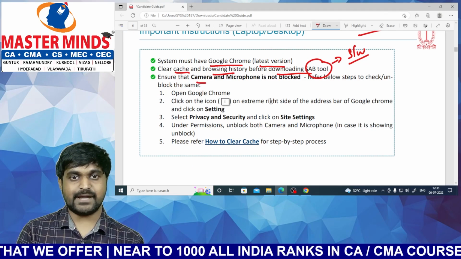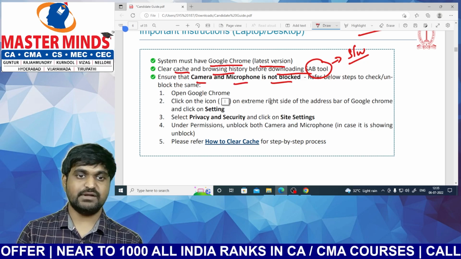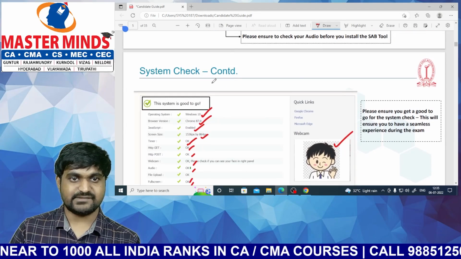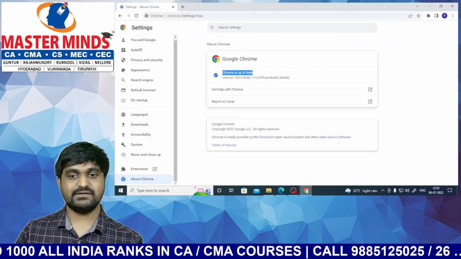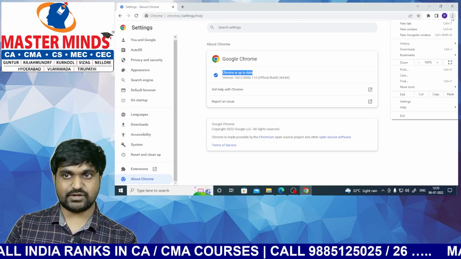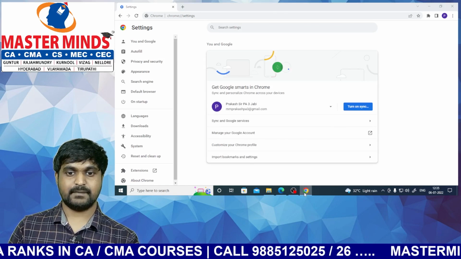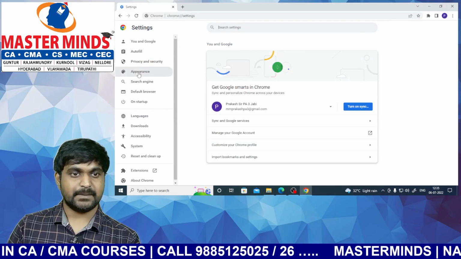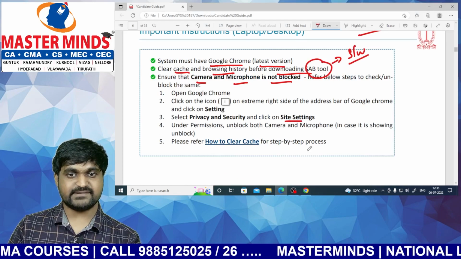Next one, camera and microphone. So ensure that the camera and microphone are not blocked. Sir, how to find it out, sir? So you can check it in this system check box, or you can directly check in Google Chrome. So first we need to click on these three dots. Later go for settings. In settings, privacy and security. After that, site settings.